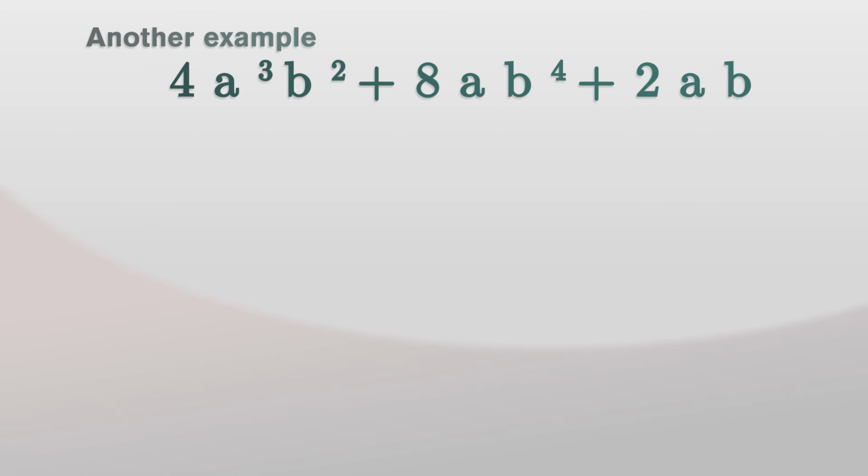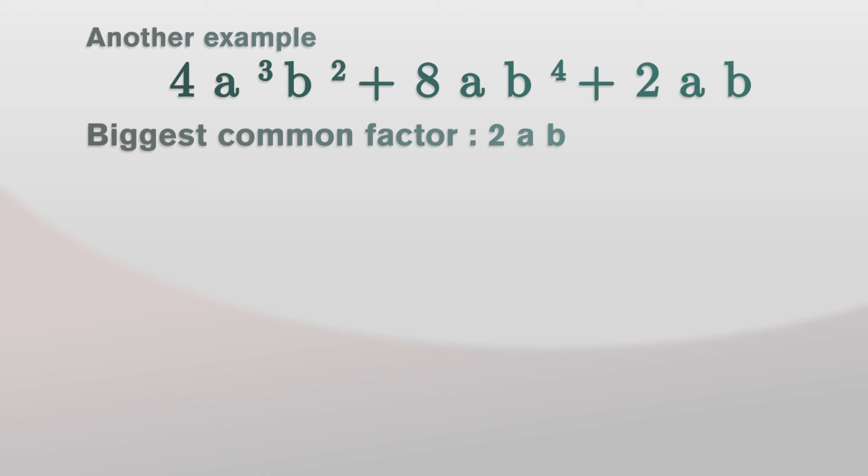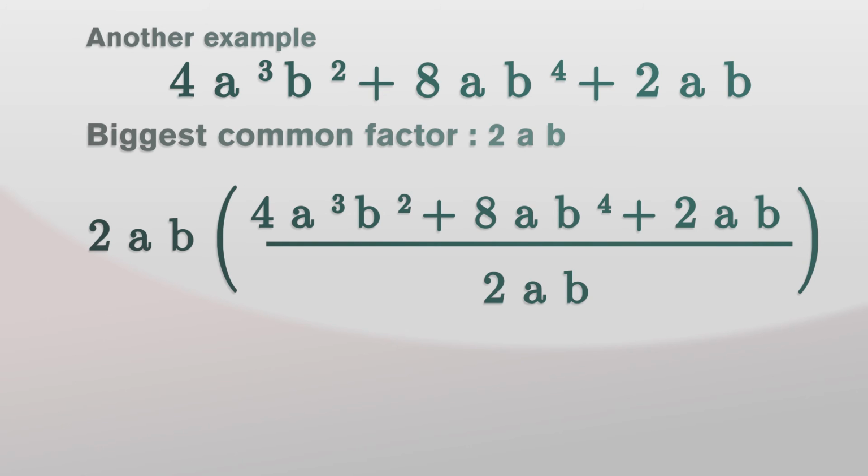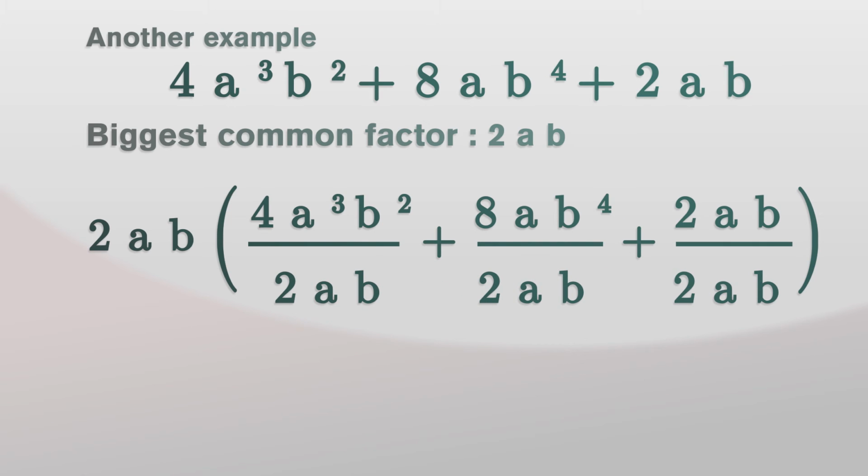We are asked to factorise 4a cubed b squared plus 8ab to the 4 plus 2ab. In this case, first we notice that the biggest common factor is 2ab. So as before, we take a 2ab out of the front and divide everything inside by 2ab. We now break up that fraction into three fractions and cross off all the common terms top and bottom for the three different fractions. The final result is 2ab